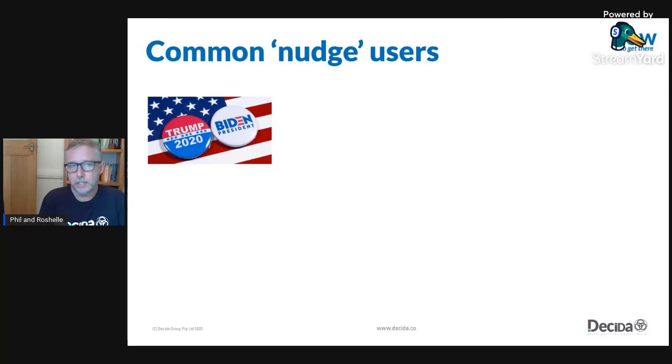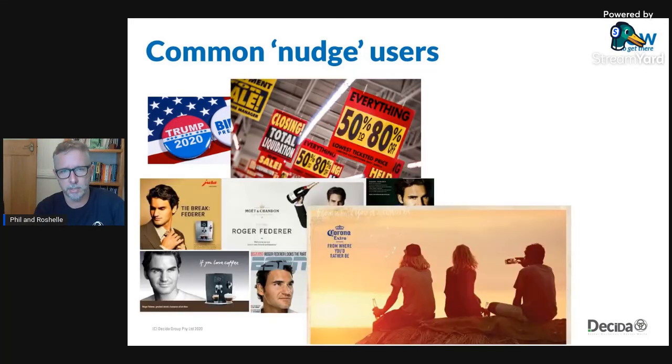And nudges are used all the time in political campaigns. The Trump-Biden election, I think, was really interesting because you're basically just talking to apes when you're going to a campaign. You're looking for things that confirm your views already and things that disconfirm them. You're looking for offense, you're trying to offend other groups, and you've got social identity and all these sorts of things. It's a treasure trove of cognitive bias and nudging that happens within political campaigns.